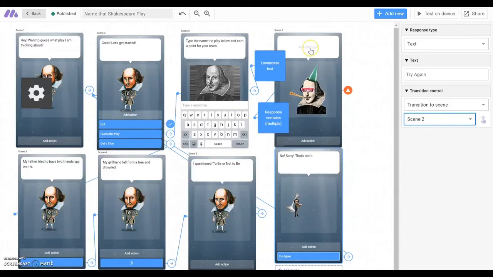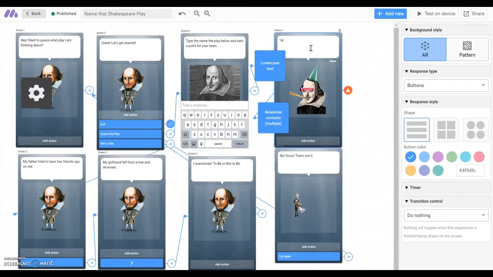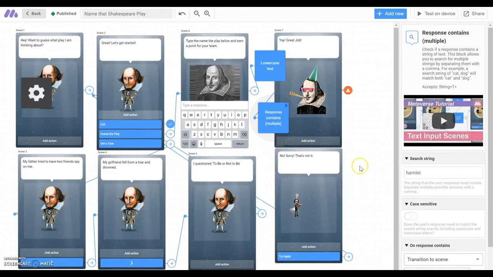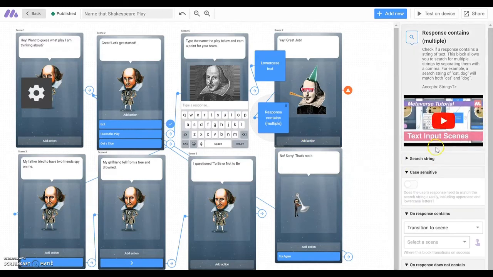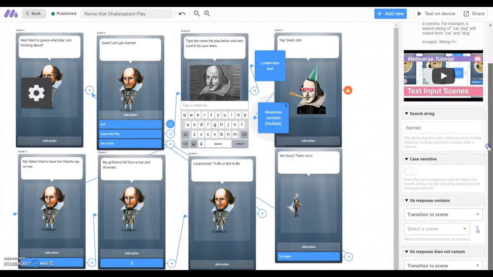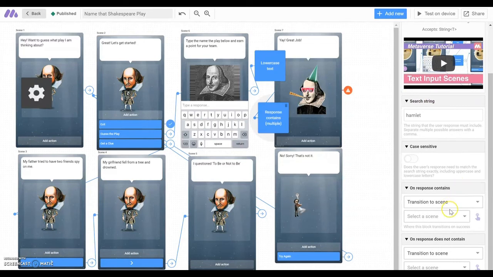And then up here, this is if they had guessed correctly. So let's go with, yay, great job. Now before moving on, we do need to go back to the response contains box. This is where we put our correct answer in. And remember, our correct answer was Hamlet. Now down here, if my response does not contain, then I need to transition to that no, sorry.